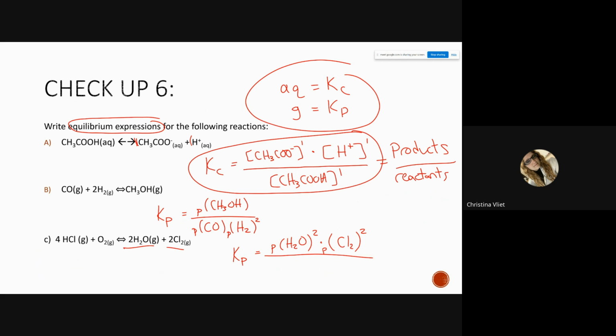And then on the bottom is HCl, to what exponent? And then the O2. So what exponent? 2. Yes, sir. Like that. So that's how you develop what we call the equilibrium expression,